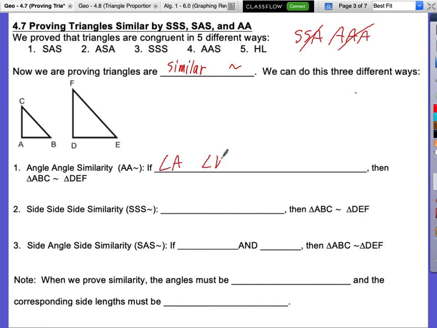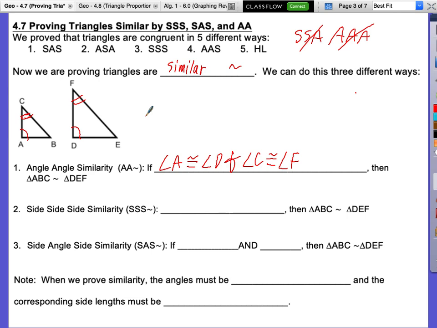We would need these angles to be congruent, because in similar triangles, corresponding angles have to be congruent. So if we say angle A is congruent to angle D, we're just going to suppose that. Somebody give me another pair of corresponding angles here. Evan. Angle C and angle F. So if they're congruent as well,